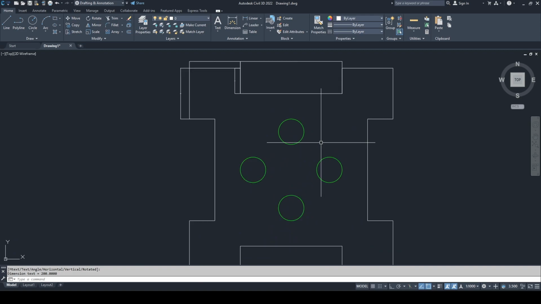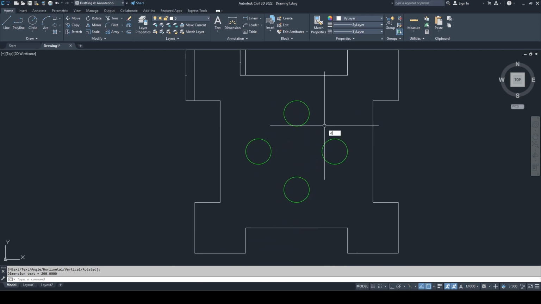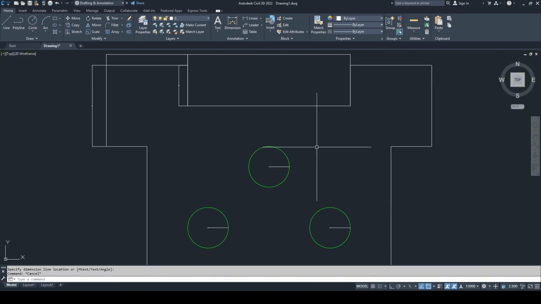So for circles we can use DIMD because it gives us the diameter. Use this, and also this line was 75 meters away from the circle. So for that DLI, turn the ortho on,